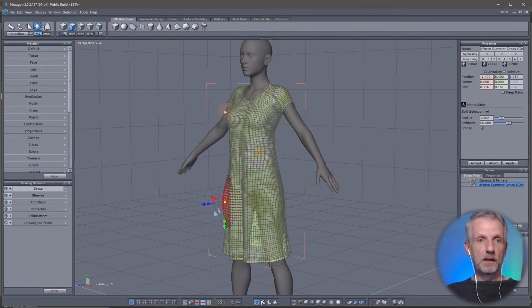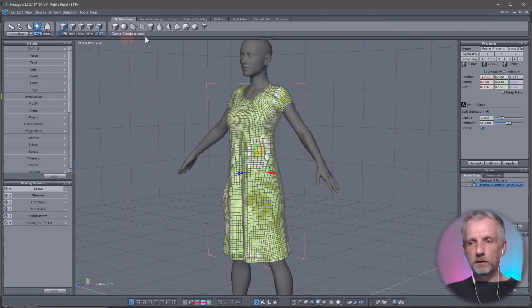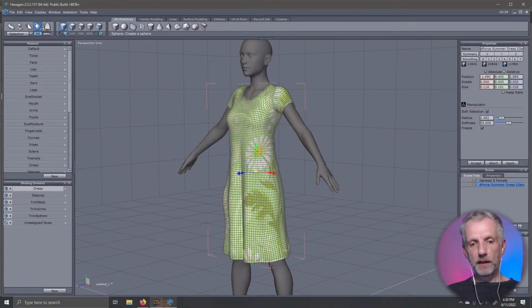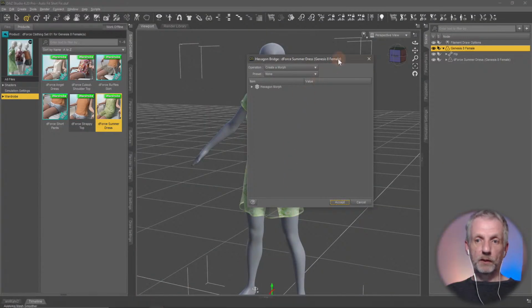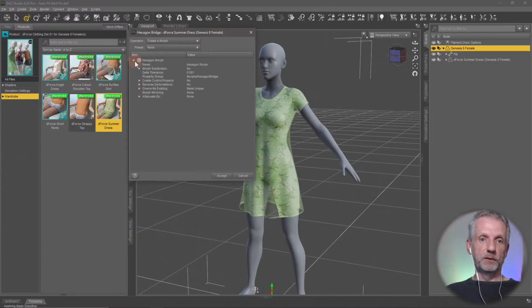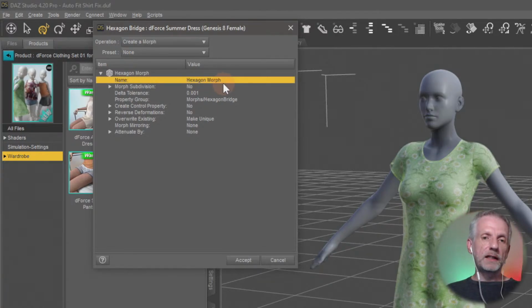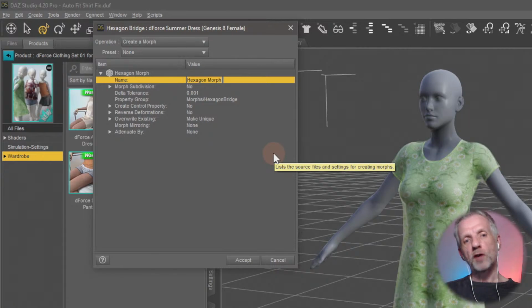Okay, once we're done, I usually go back into object mode, and then head over to File, Send to Daz Studio. And here we get that familiar dialog again, in which we can name our morph. You can do that afterwards as well, but get into the habit of describing what you've done there, like I'll say skirt length,